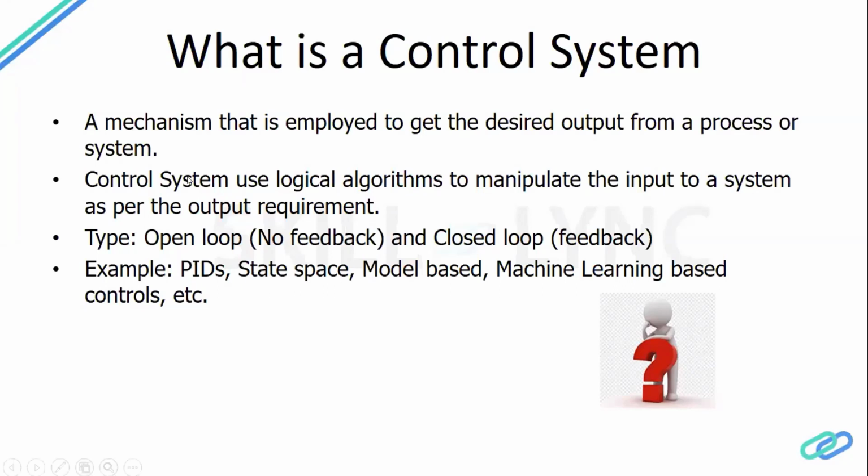Now a control system can actually help you, using a logical algorithm which you create or derive. Using that algorithm, you can make your laptop move to that particular angle just by putting in the input, like you want a 20-degree or 10-degree angle of your screen. Control systems in general are of two types. First is the open loop control system and second is the closed loop control system.